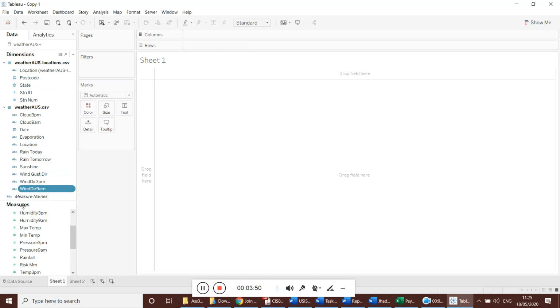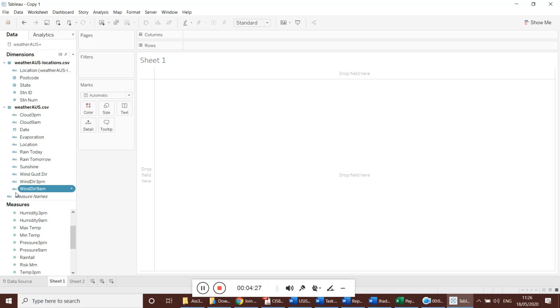Otherwise, from dimensions, location is selected and placed on columns or rows, something like that. You can discuss it. It all depends on your way of explanation. How the process is happening should also be explained. That is one of the important things. The first part of your analysis will contain how the process is conducted, how the analysis is designed. Then the next part is your commentary on the data that is available, and the visual design that is available.